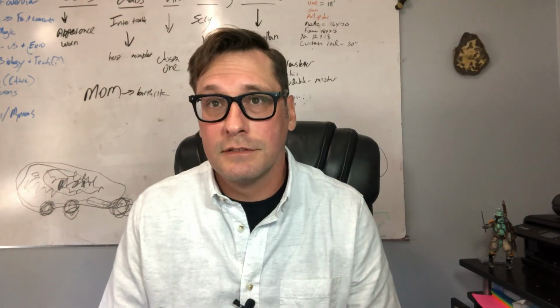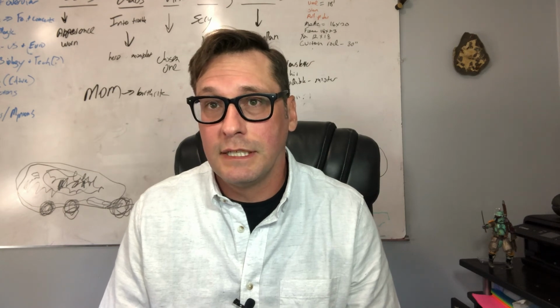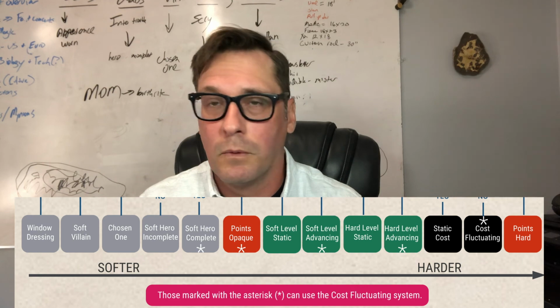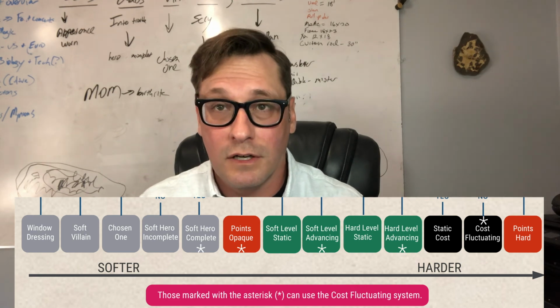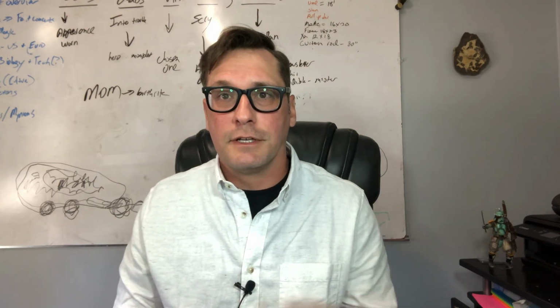So soft systems are really worth knowing, because they are the foundation for the other systems. You need a good soft system and its appearance if you're going to start building a point system or a limitation system or a cost system. They all build on top of each other. You need to have your appearance so that you can have your abilities, so you can have your limitations, so you can have your costs.